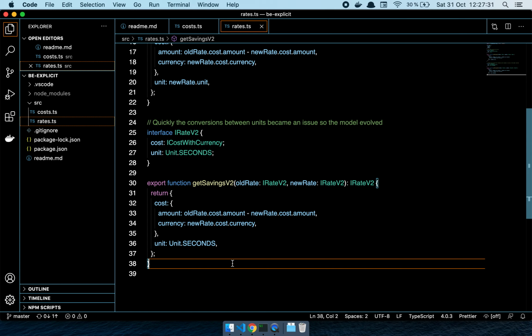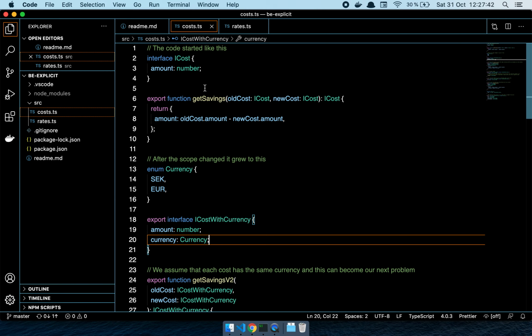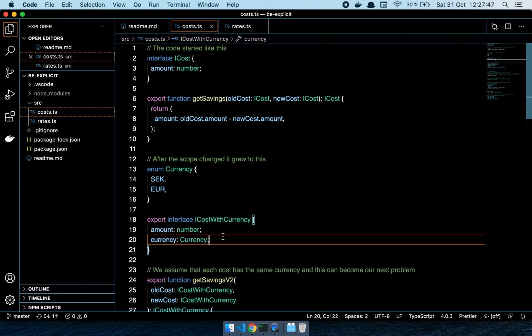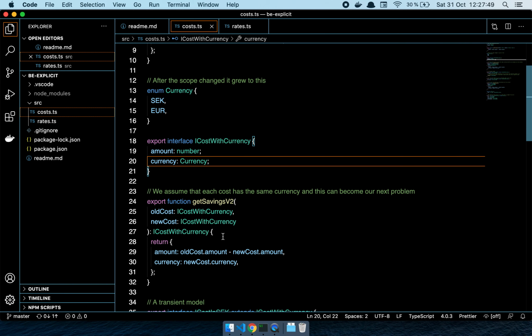So what I want you to take away from this is, number one, always store the most amount of information about any model that you're working with. In other words, if you're dealing with money or costs or anything like that, make sure that you always add a currency. It doesn't matter if you know that you're working in whatever country. Always store the value. Always. Never infer what you can store on the model, because if you can store it, it helps you with debuggability, and it helps you with future-proofing your application, because now you actually know what the value is.